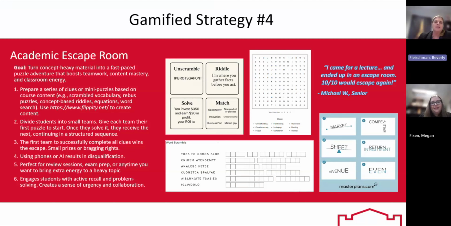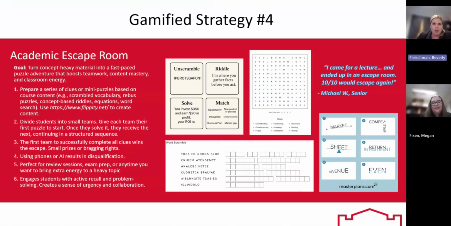The goal here is to boost teamwork, deepen content mastery, and add a real burst of energy to the classroom. What I do is prepare a series of mini puzzles tied to course content or chapter concepts, things like scrambled vocabulary, rebus puzzles, riddles, word searches, and even crossword puzzles.